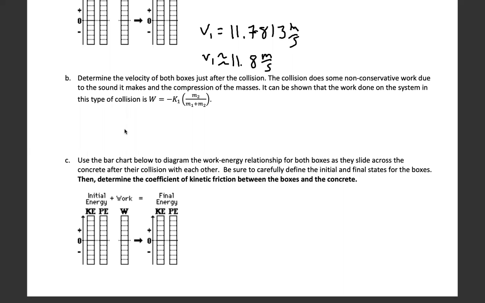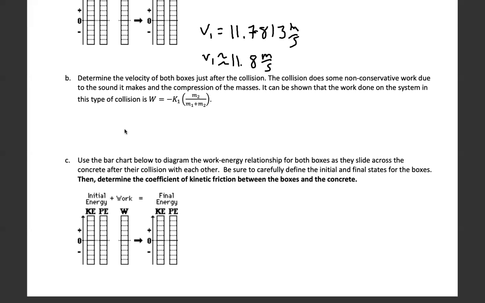But I'm just going to say that this collision does some non-conservative work. Hopefully it makes sense, because when the two things collide, it's going to make some noise. They also exert some force on each other. And the amount of work done in this type of collision, this is called a completely inelastic collision,